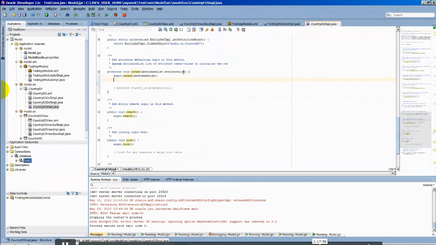In typical DBMS output we use put underscore line like that. In Java, we have system.out.println, which also prints data to the console here. So for that, you can type system.out.println, and you can type your